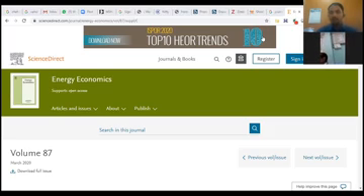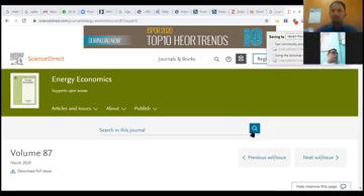The moment I say OK, these two articles along with the PDF, if you have access, will be downloaded to your Zotero My Library. If you don't have access to the PDF file, it will simply download the metadata. So I'll click OK, and you can see it is showing here Vasantrao Naik College. These two things are coming.